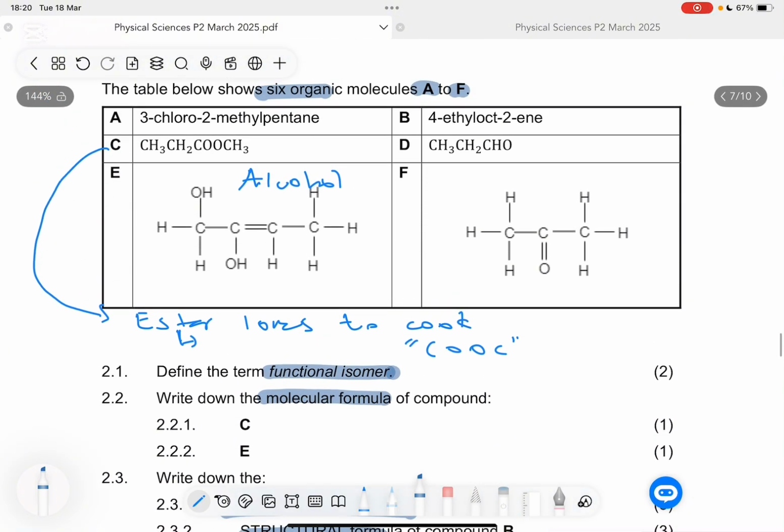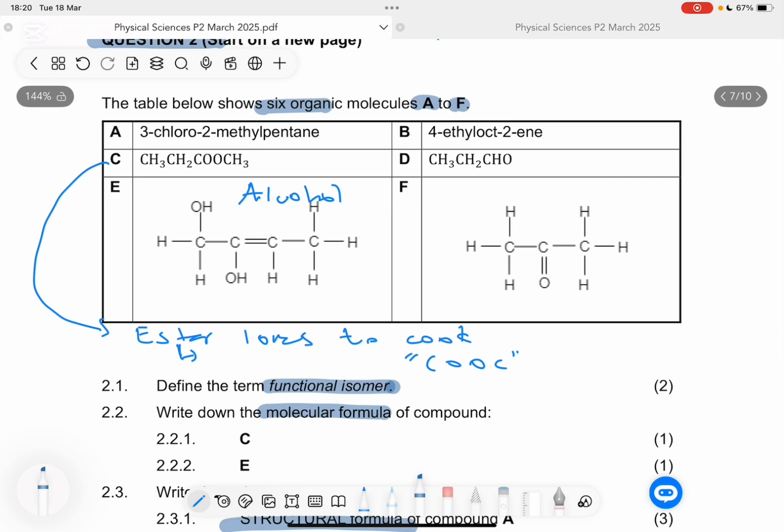Now when we go to compound C, we said that this functional group here is a COO, right? It's an ester, because ester loves to COO. Now this functional group, obviously we can see that here it will come out as a carbon that is attached to 2 oxygens. So how we draw this,